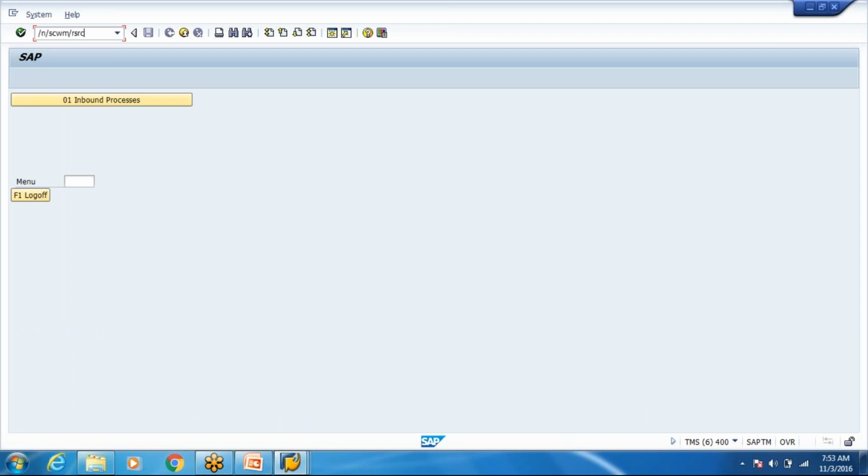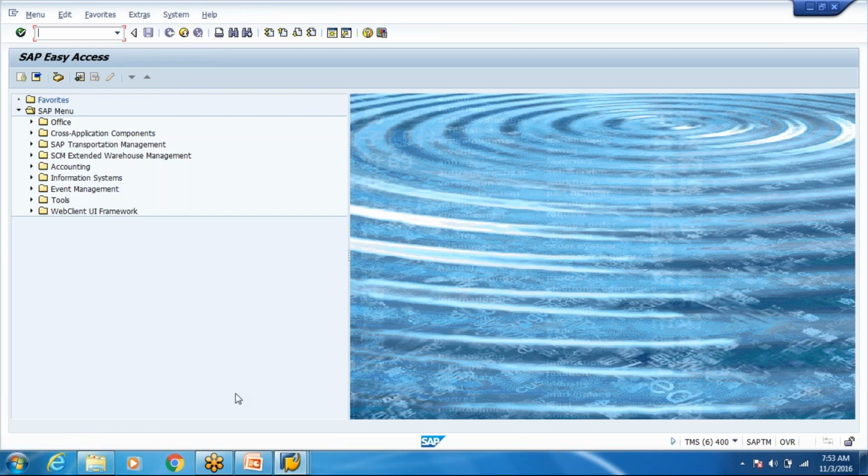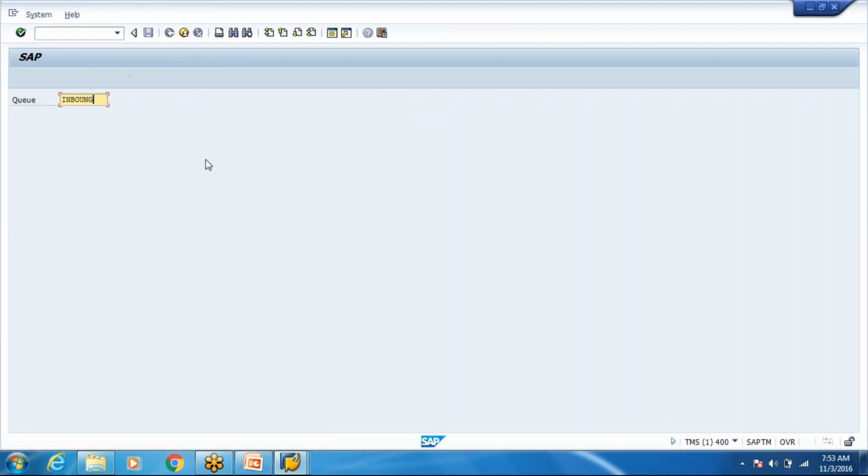If I decide that I am a user in inbound, I can give my queue here. So whenever I log in, it will default take me to the inbound queue only, and I don't see any other transaction. So you create your resources and your users accordingly, so that they are dedicated for that particular area, for that particular queue. That's again a common practice. But just to make you aware, the standard authorizations will still be there.